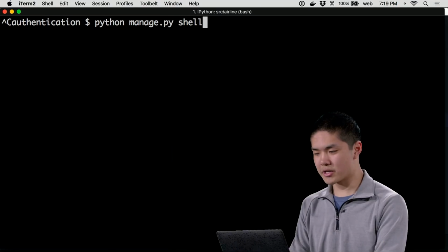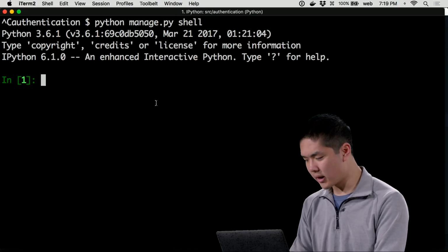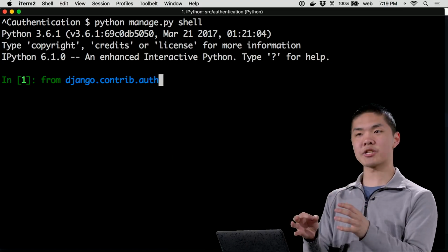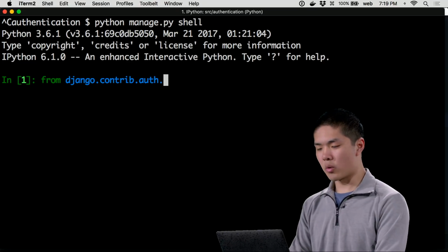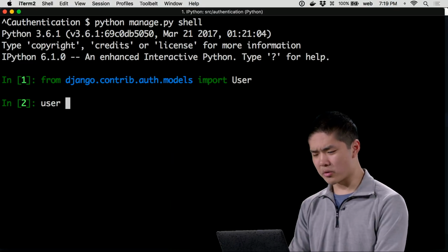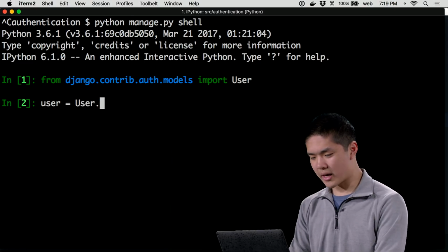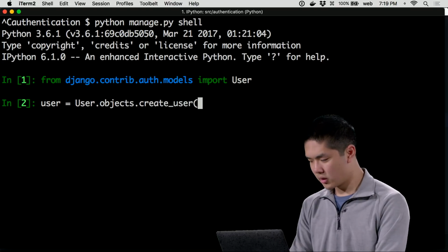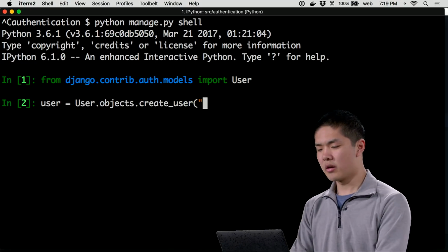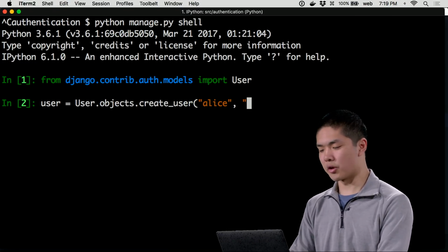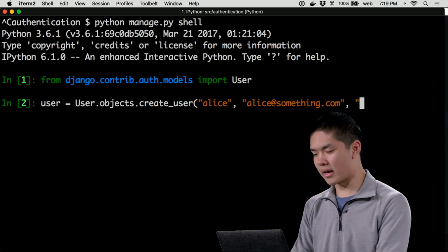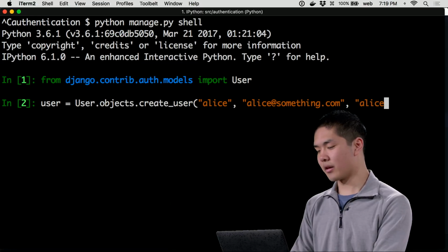I'll show you that: python manage.py shell. And we'll say from django.contrib.auth, remember that was the name of the Python package that represents this authentication application, we want to access its models. We'll import User. And then we go ahead and create a new user. user equals User.objects.create_user. create_user takes three arguments: a username, an email address, and a password. So we'll do alice, and alice@something.com, just some arbitrary email address. And then the password will be alice12345, not a very